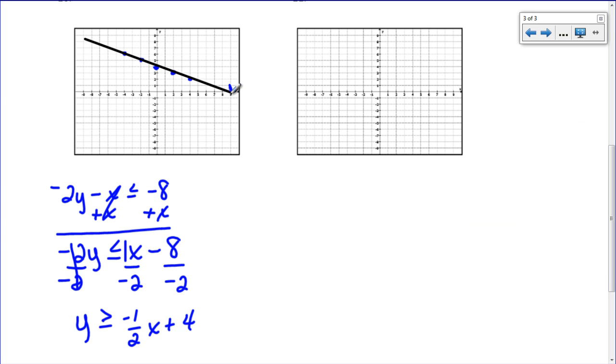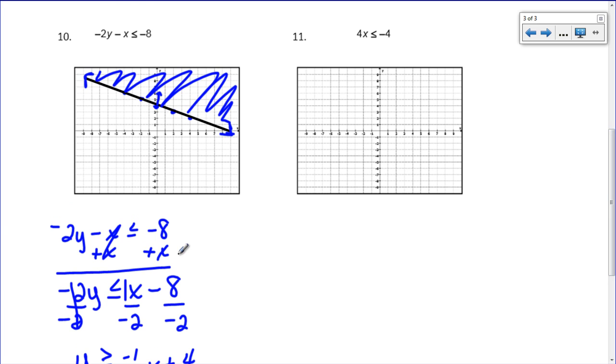you can't just draw the line. We have to shade where the solutions are, because the solutions are going to be everything greater than that line. So I have to go to my line and I have to shade everything above that. So if I'm on my line right here, up would be this direction. So I have to shade everything up here, and so that's what my inequality looks